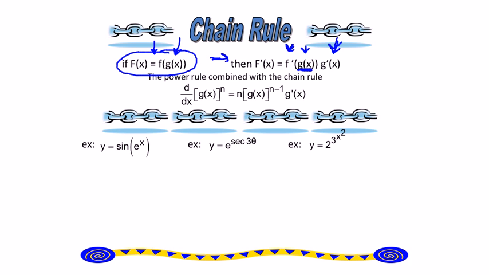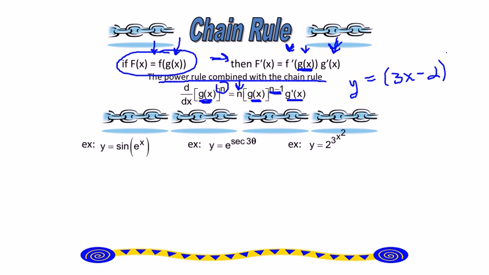Now there's another rule that's associated with this rule. It basically takes the power rule and combines it with the chain rule. It's kind of a power chain rule is what I refer to it. So maybe we have a function inside to a power. We can use the power chain rule, that is bring the exponent n down to the front, copy paste the inside, then do n minus 1, and then multiply by the derivative of the inside. An example of this would be y equals, let's say, 3x minus